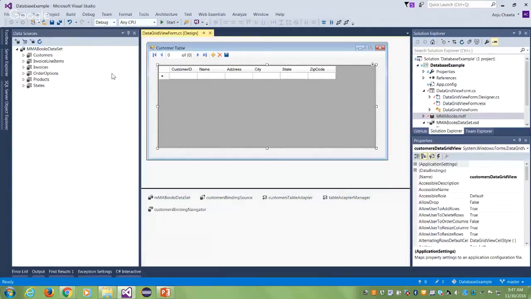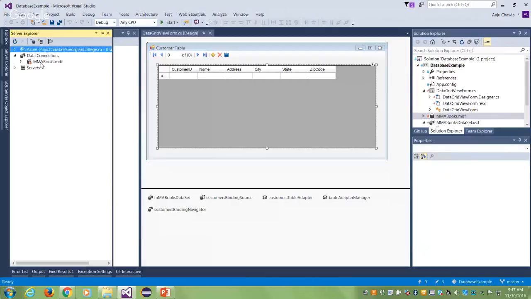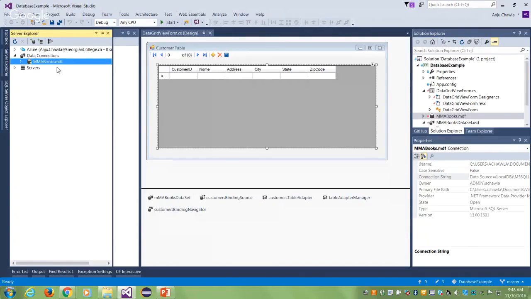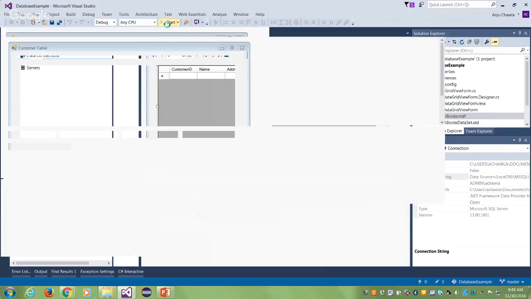You will notice, where is my Server Explorer? You will see a cross here. If I do a right click and refresh, it again gets it back from the database. So you can always refresh it. You can always say, go back to where you were. So if you do it again and you do a refresh and run it again,